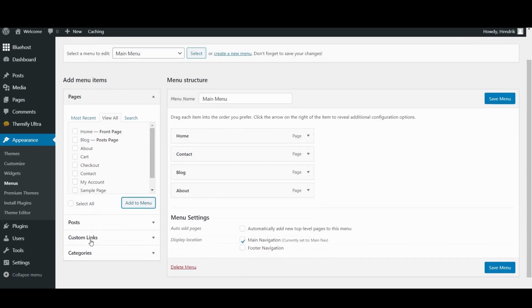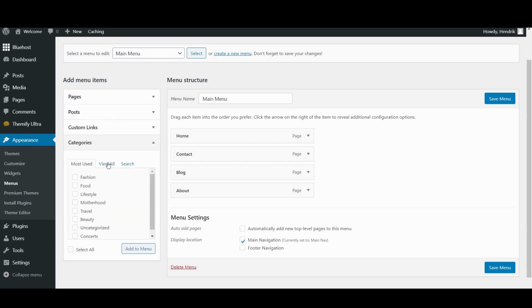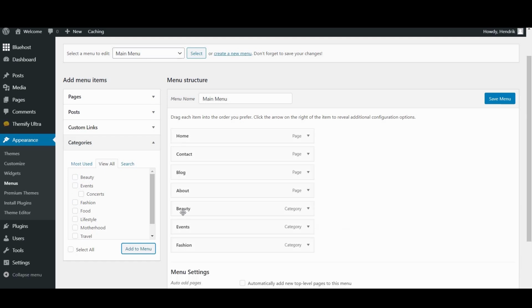And to create a drop-down menu, we'll go under Categories and add some more items. And then add them to the menu in the same way. To create the drop-down menu, just drag them underneath the blog menu item, and that will be your drop-down list. So we'll save the menu,